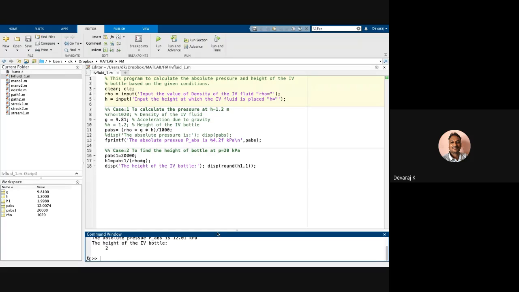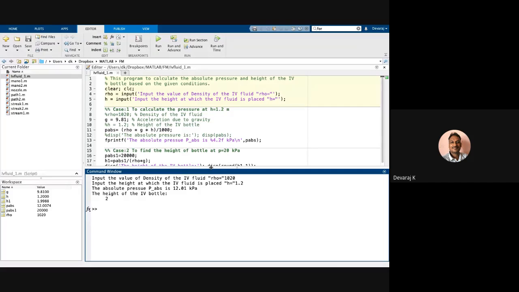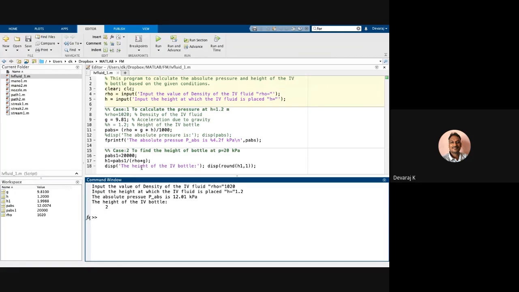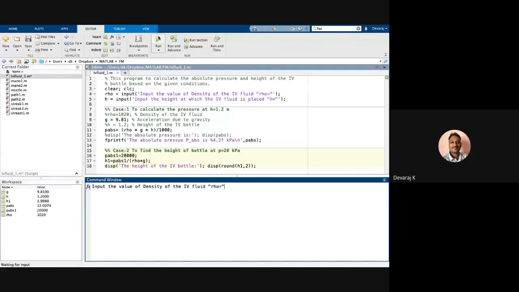So now let me move this little up. Okay, look at this. I'm getting the absolute pressure as 12 kilopascals and the height of the bottle. So now this thing is 2 meters. Whatever. Now look at this. What I have done is, the same thing can be displayed. Look at this particular code. I'm using this thing, round off to 1 decimal. So you have taken H1 and round off to 1 decimal. So if I round it off to 2 decimals and run the same code,